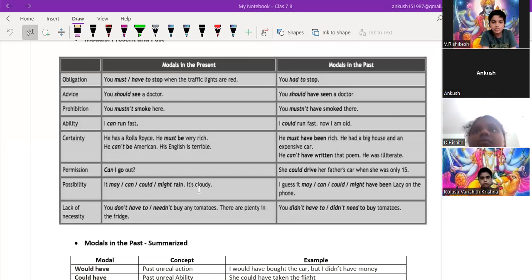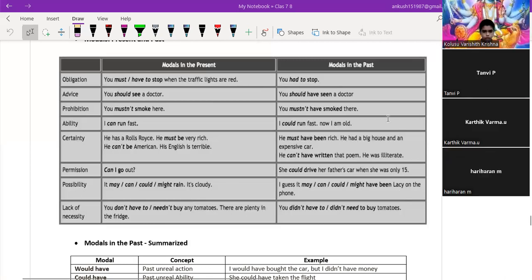Smoked. So because it has become past. Yes, sir. The activity was in the past. You mustn't have smoked there. Okay. Yes, sir. Means the activity was done in the past. So you may use it like this. Who is there? Like prohibition means a restriction, so they are not allowing for smoking. Like that, the meaning would come. They are not allowed to smoke over there. So the meaning would come like they are not allowing for smoking in the present tense.